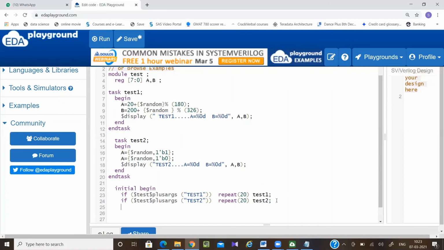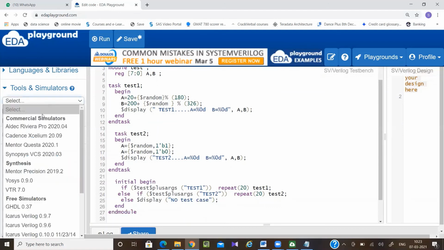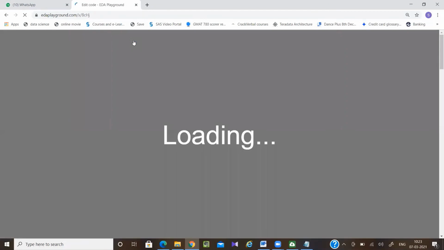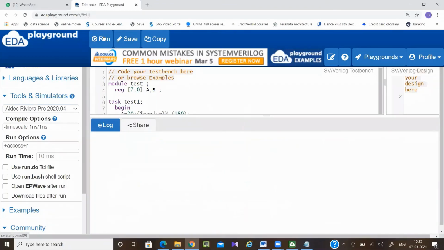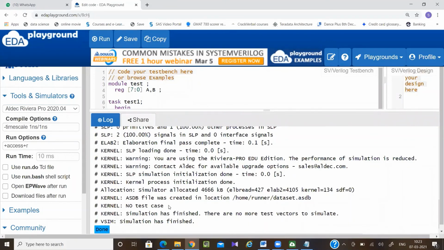Just wait 1 minute. Okay, so if else $display no test case, then end module. Okay, so what has it given?